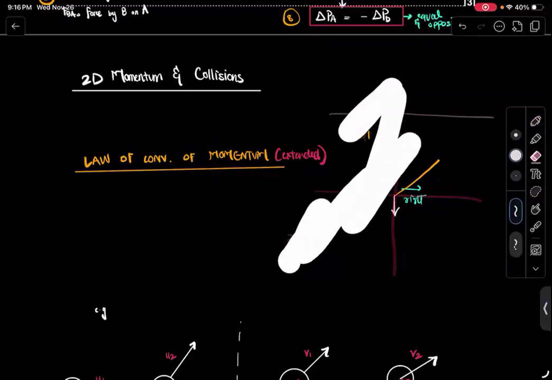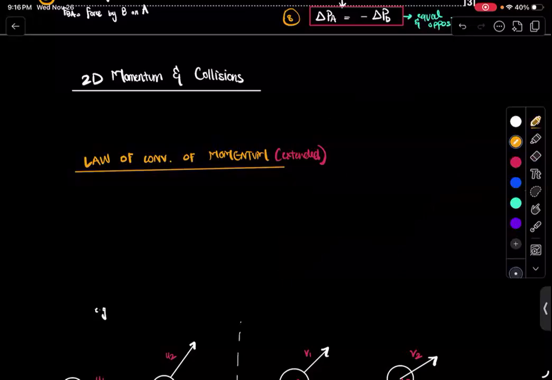What happens when we have momentum at angles, and how do we find out the law of conservation of momentum, or the velocities, or direction and all of that, by using vectors? So we're going to use vector resolution as a really important tool over here. It would not make sense without vector resolution.